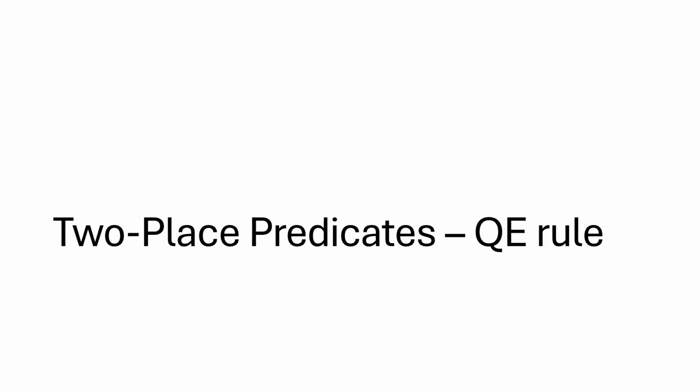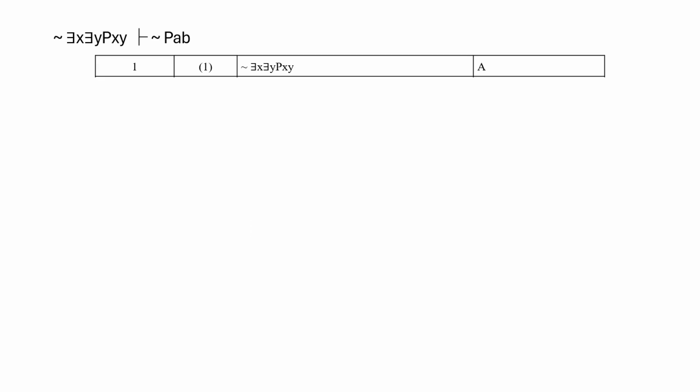We're going to look at a couple of examples with two-place predicates in the quantifier exchange rule. The quantifier exchange rule works the exact same for two-place predicates, but it does get a little bit more complicated when you have to go across multiple quantifiers, just because you have to make sure you do each step one at a time. So if we look at this first example here, we have a tilde that's out front